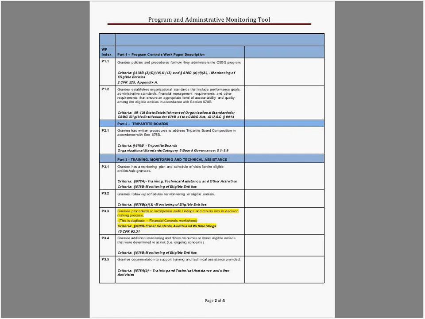The grantee has a monitoring plan and scheduled visits for the eligible entities and subgrantees, and what those procedures are. Those are relevant sections in the bold italics for the criteria. 3.2, the follow-up schedules for monitoring eligible entities. And I'm not going to go through each of the criteria, but it's on the screen here. 3.3 is the procedures to incorporate audit findings and results into the decision-making process. It's a duplicate of the financial control worksheet.